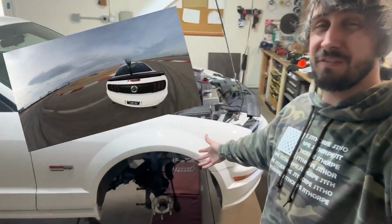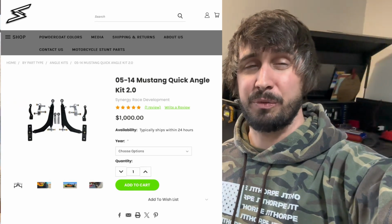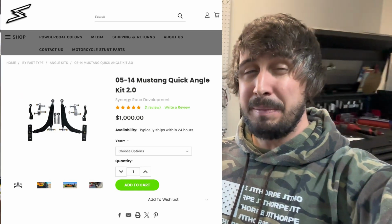Are you looking to get into drifting? You've got an S197 Mustang or an SN95, and you want to add an angle kit to your car. Now let's say you decided to pick out the one that I've got behind me. This is a very affordable kit with quality parts from Synergy Race Development, but maybe the install just seems a